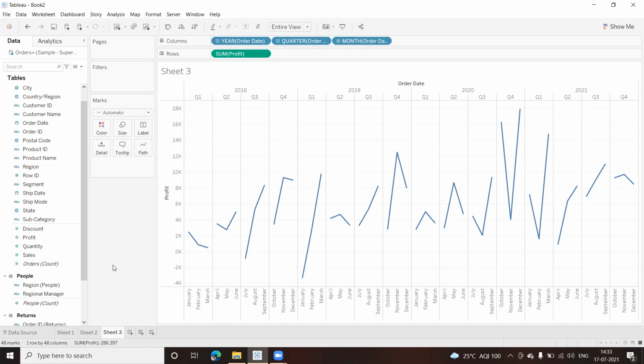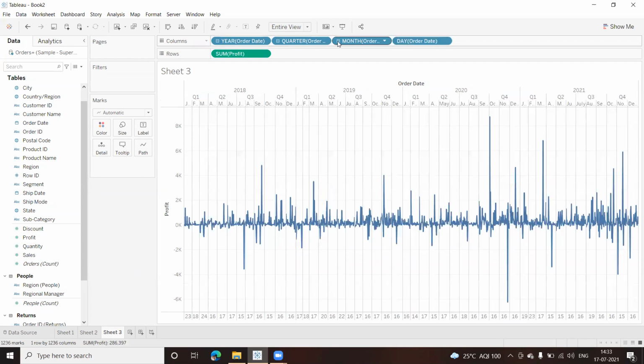Does it give me a view, whether it tells me something? Isn't it getting complicated? The more you divide this further, the more complicated it gets, and you won't be able to read it, or you won't be able to give any insight about this chart. Okay, it's a mess.